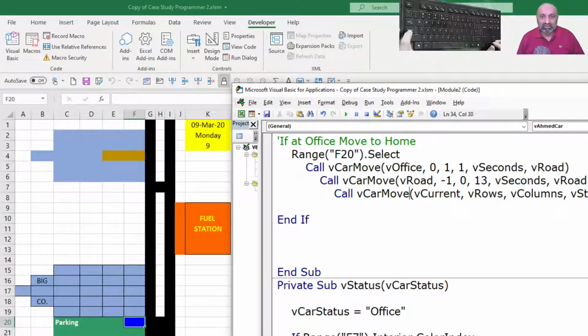And then on the last step, we have to move to the home parking. Right now it's on the road, and no change in the row, no change in the column. Yeah, there's a change. There is a change. Left is -1 steps, only one step.